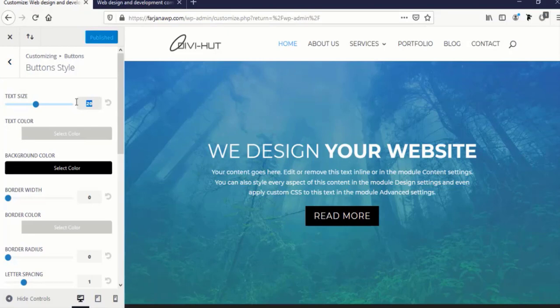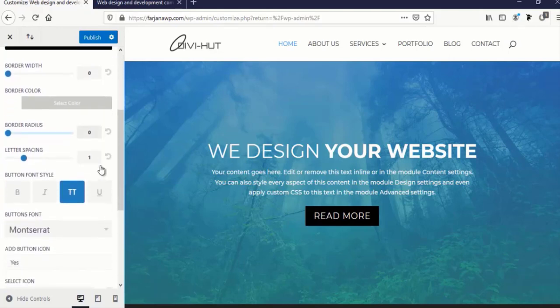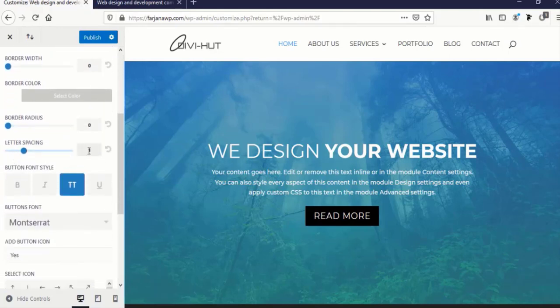So here I'm making the text size for the button 14 pixel, and I'm setting the letter spacing to 2 pixel,